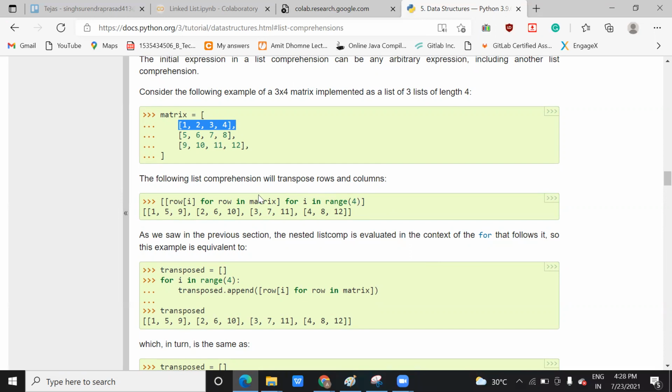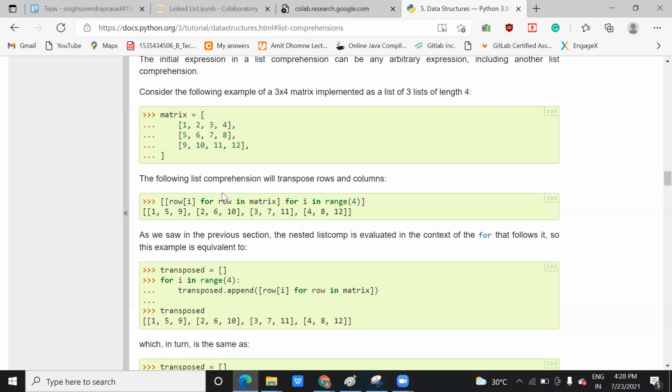So you can see this is one list, and it is another list. You can see two square brackets are coming. So it is saying row I for row in matrix means every row of this matrix, where row is your temporary variable. You need to print every row such that every element of the row is in range 4, which means n minus 1, so every row should contain only 3 elements.